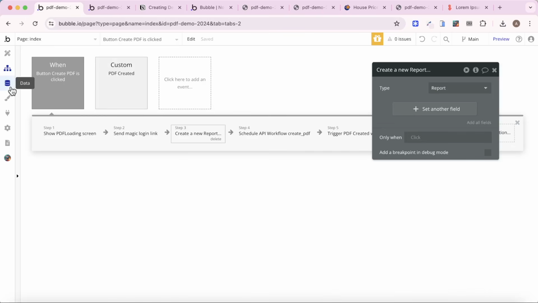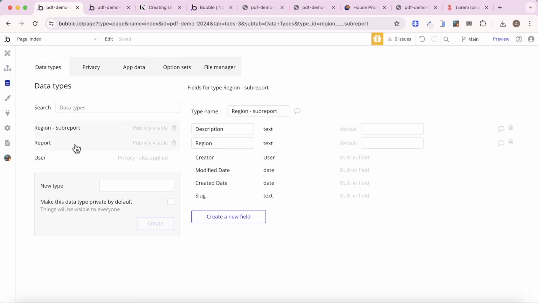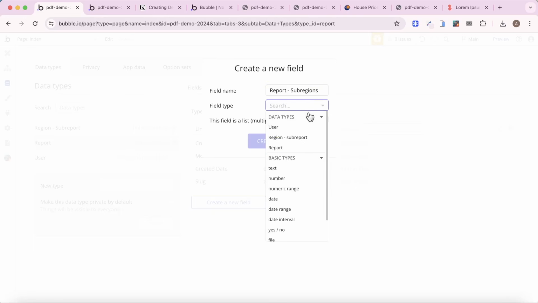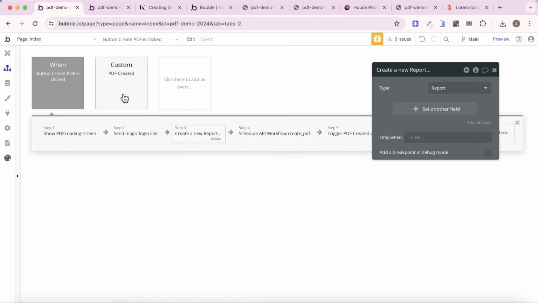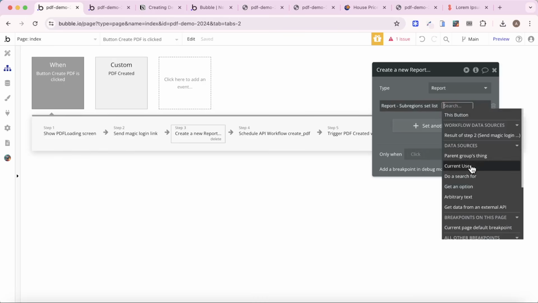So what I'm going to do is, under data types, I'm going to go to report, and I'm going to say sub-region or report sub-regions. And the field type here is going to be region sub-report, and it's going to be a list. So we're going to have a few of them on it. And let's say every time we create a new PDF, we are going to add a list of sub-region reports to it. So we're going to go to set list, and we're simply going to do a search